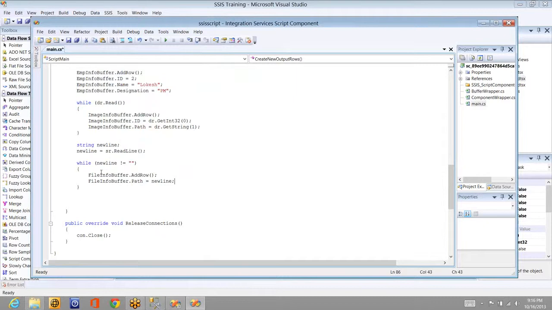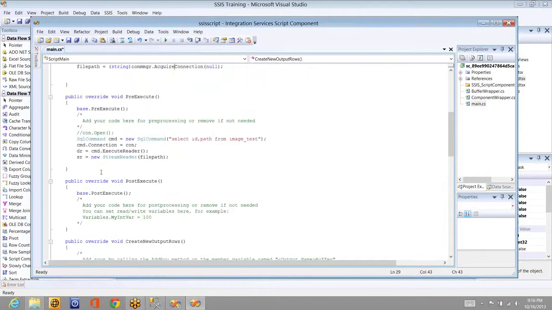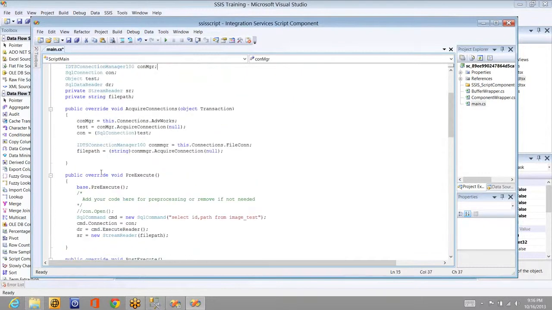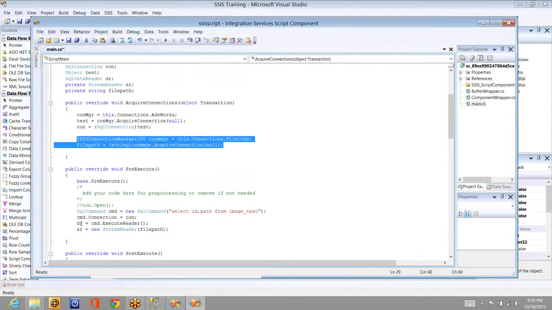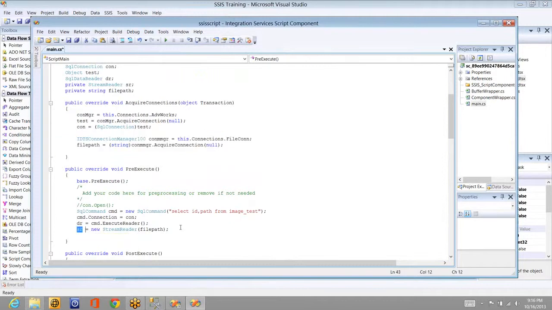So now let me explain what I have done. I've created one flat file connection outside in the connections page, and here using this I am getting the flat file connection into the string, that is file path. And here I have defined a stream reader, and for that stream reader I have given that file path. That means whatever is available in that file will be read into the stream reader.